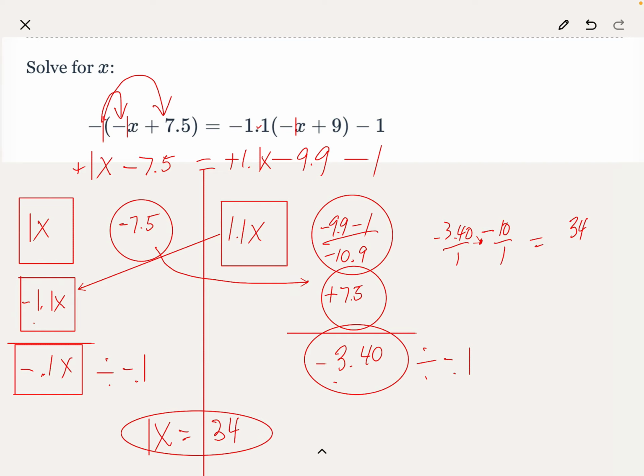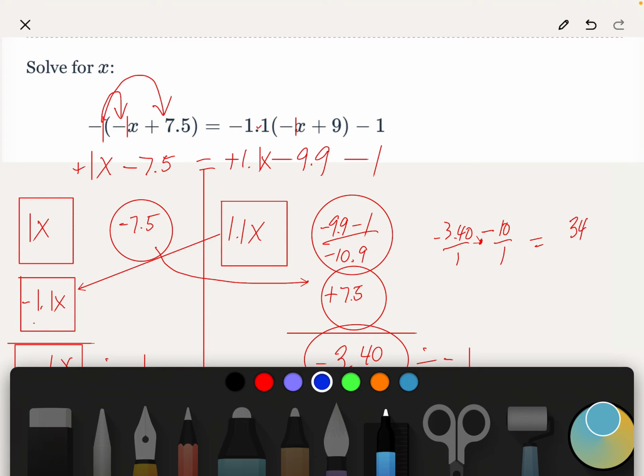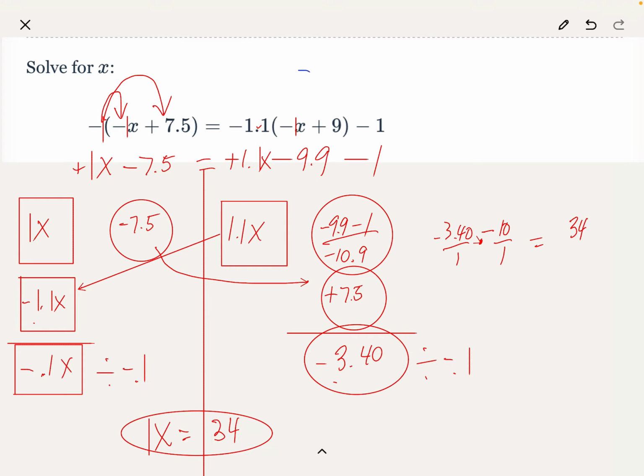Now, we should check it. So let's check it. If we plug this back in, let me change the color. So we're going to have a negative 34 plus 7.5 is equal to a negative 1.1 times a negative 34 plus 9 minus 1. So on this side, a negative 34 plus 7.5